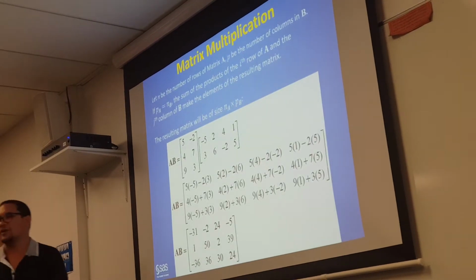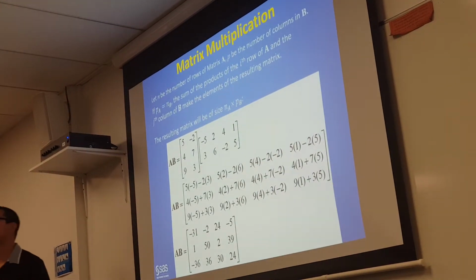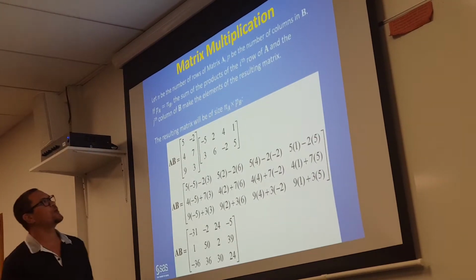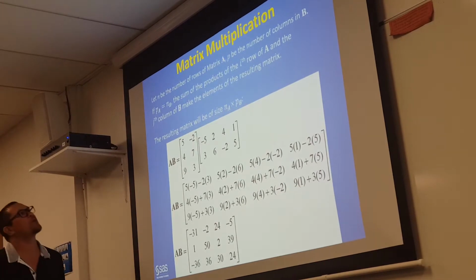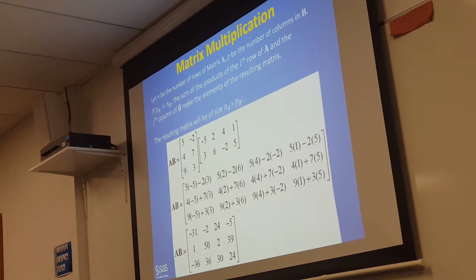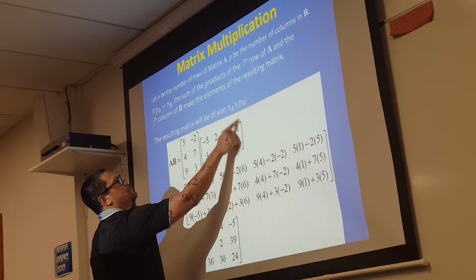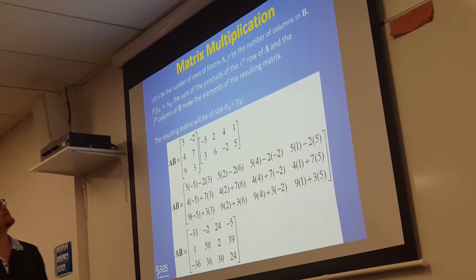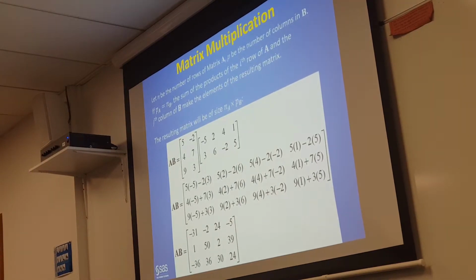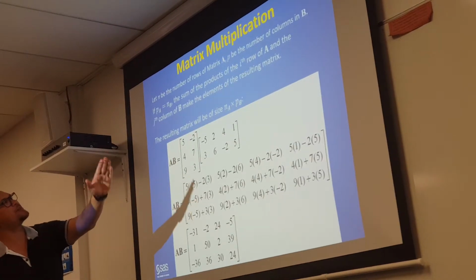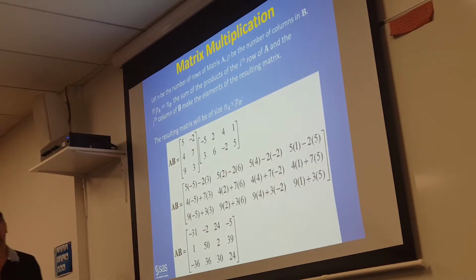Okay, so let me give you another example. This is a more complicated example. This is more for your notes, so that you can understand, right? So I don't really expect you to go through this, but what would you do here? We've got n is the number of rows in matrix A, and p is the number of columns in matrix B. So here is matrix A, here is matrix B. As long as the number of columns in A is equal to the number of rows in B, then we can calculate our matrix,